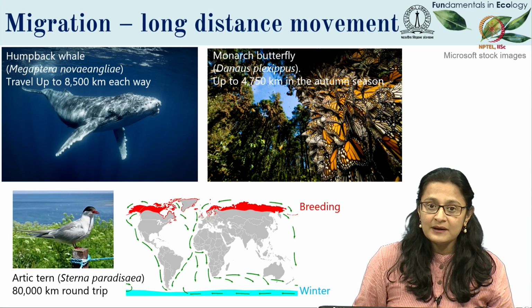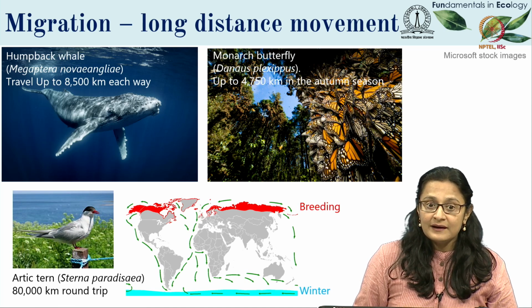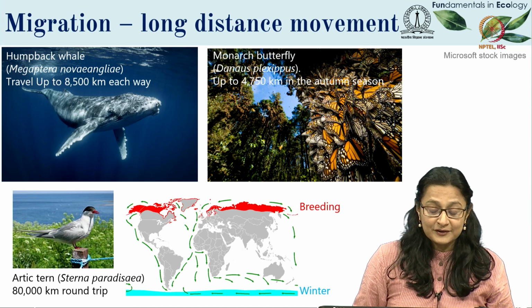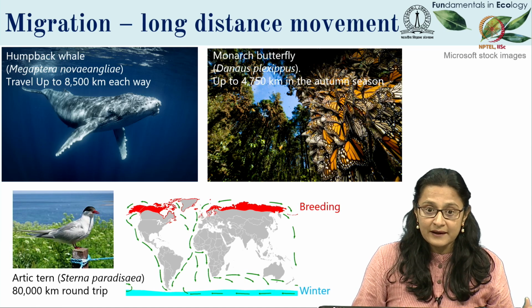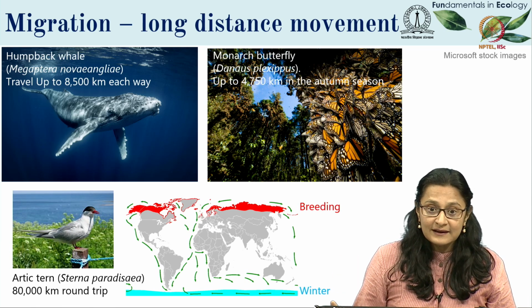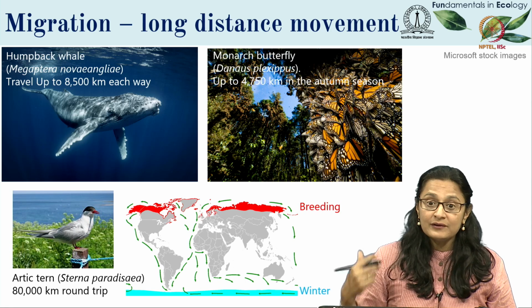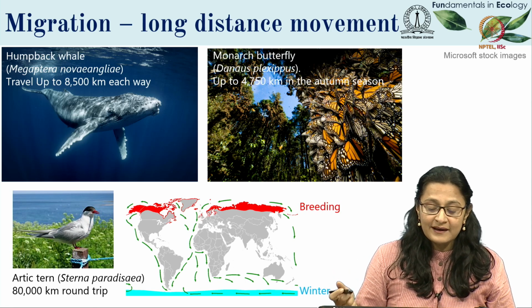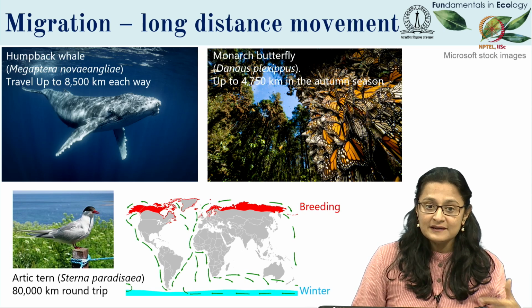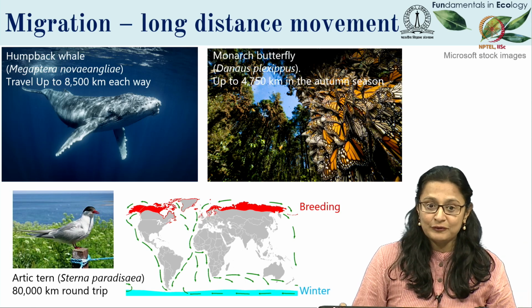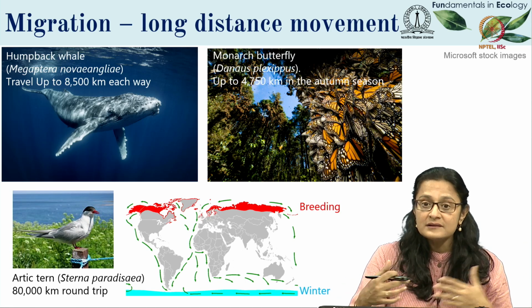The most extreme example of migration that we have on Earth is the Arctic tern that travels 80,000 kilometers round trip. The Arctic tern breeds in the northern hemisphere in that area I've highlighted in red there. It goes down to the southern hemisphere when the north hemisphere is in winter, and then it comes right back up at the end. So every 6 months, the Arctic tern makes this trip back and forth, and it's the longest distance travel.